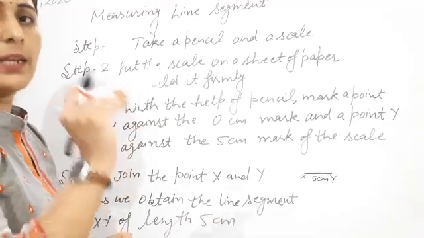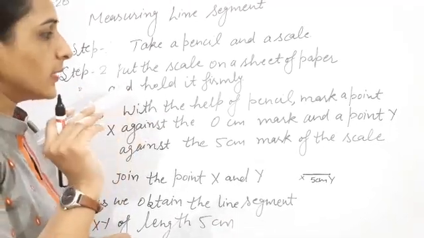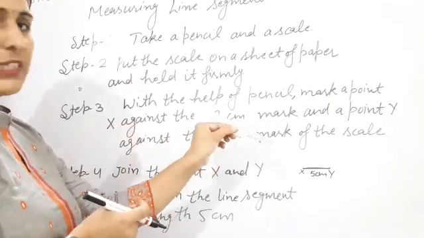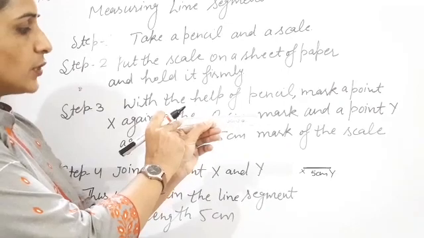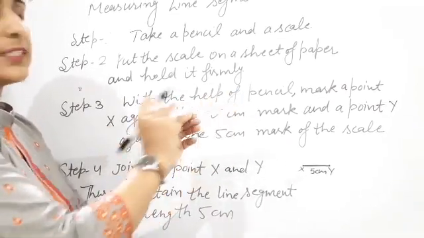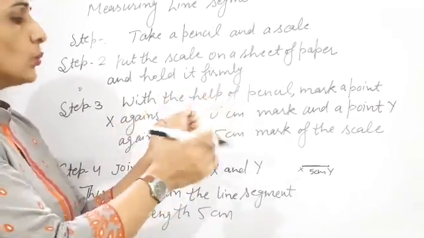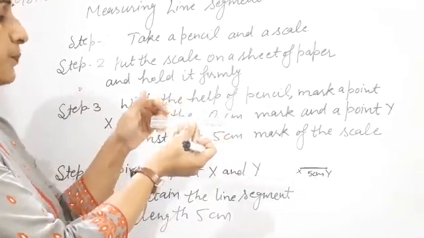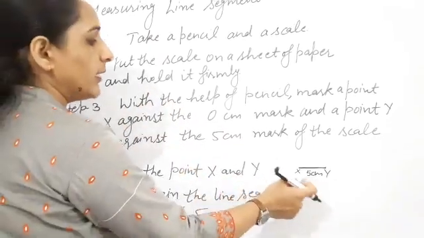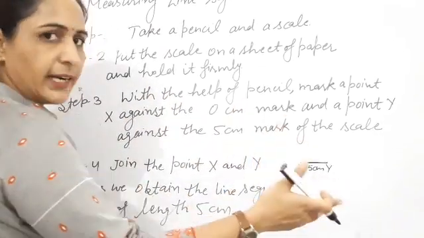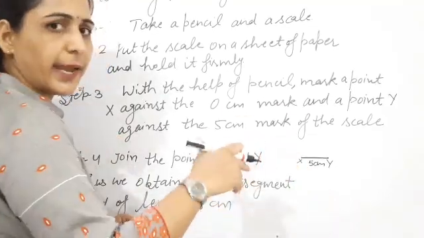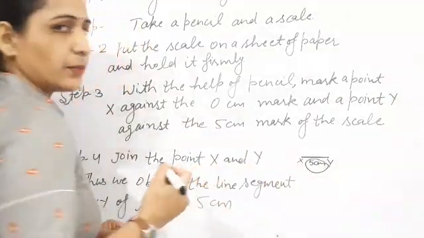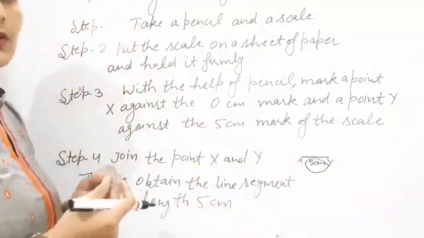We use the scale, pencil, and the sheet of your paper and put it firmly. Don't move it. Start from 0: 0 to 5 centimeter, 0 to 6 centimeter, 0 to 8, 0 to 2 centimeter, but always start from 0. After that you draw. And then you give any name. If it is given as XYZ, you write this. Otherwise from your side you write P, Q, L, M and then the length of the line segment. Clear? In this way we draw the line segment.